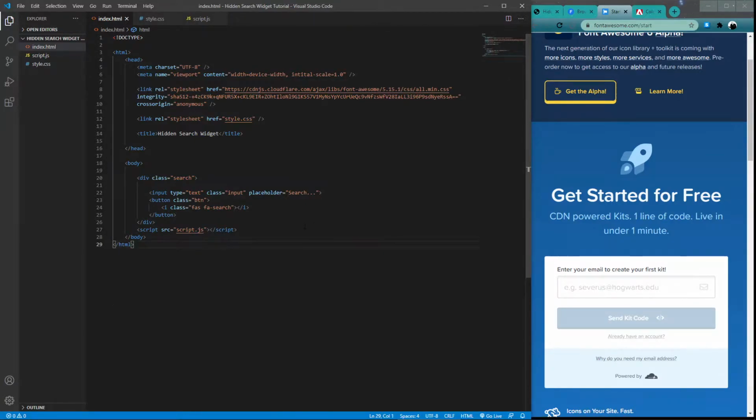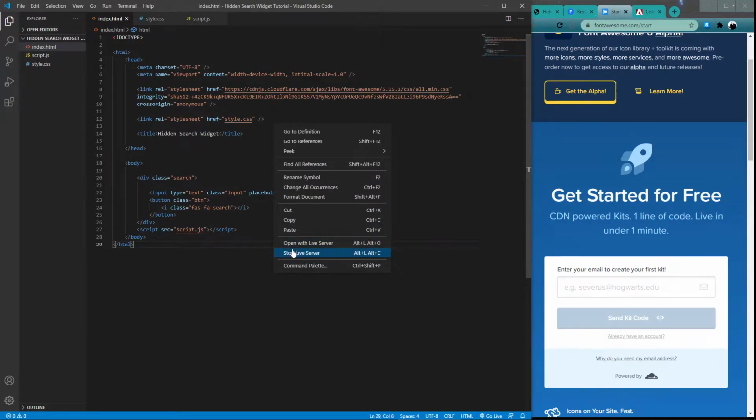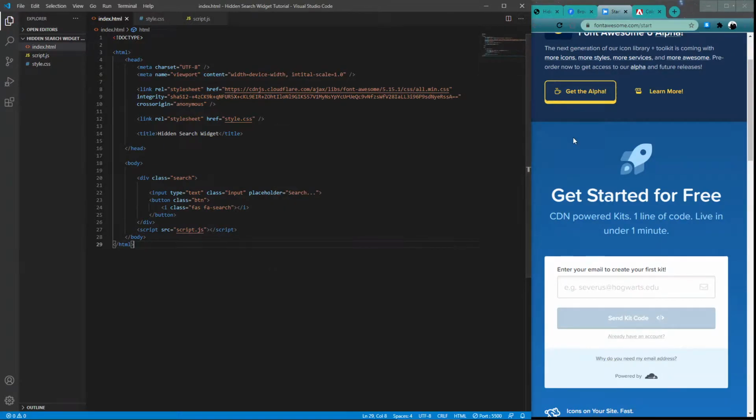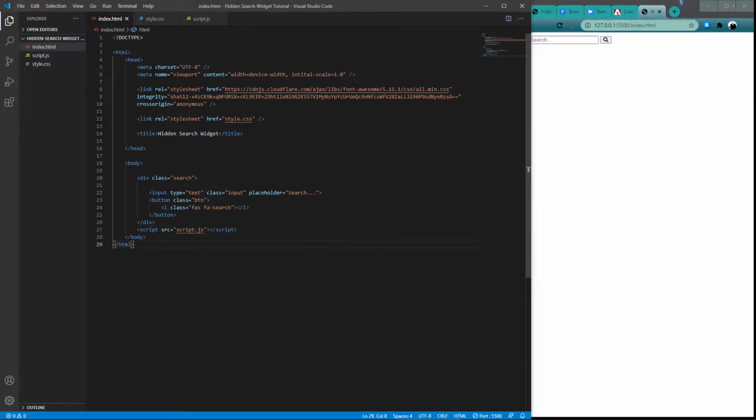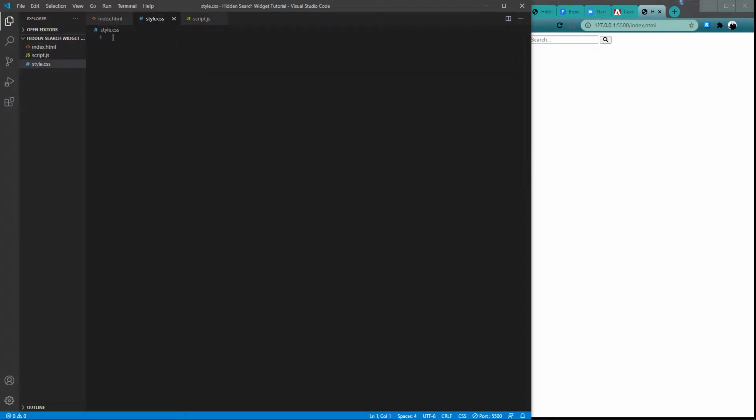And if we load this into live server, you'll see we don't have too much to work with right here, just a simple search bar. There's the placeholder text, and there's the icon that we've sourced from fontawesome.com. All right, so looking pretty good so far. Let's go ahead and jump into the style.css, and this is going to be the bulk of the content of